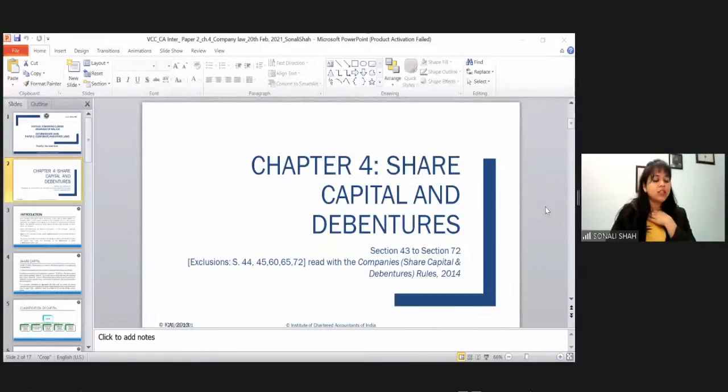Yes, Lalita, you are right. The limit of 200 is applicable to every sort of company, and that limit applies to every class of securities. The limit is an aggregate in a financial year for every class of securities, right? And it is applicable to a public company as well. And also when you are determining the limit of 200 members, you do not include the qualified institutional buyers and the employees to whom the securities have been allotted under ESOPs. Okay, is that clear? Now, quickly wrap up with chapter 3. Come on, chapter 4. Guys, done here.